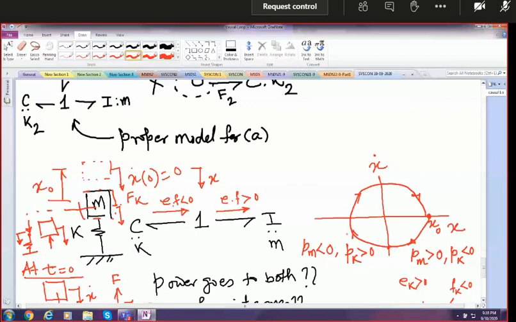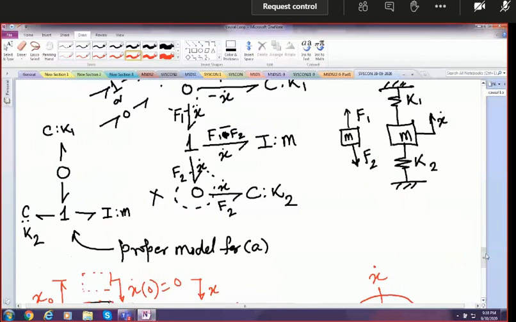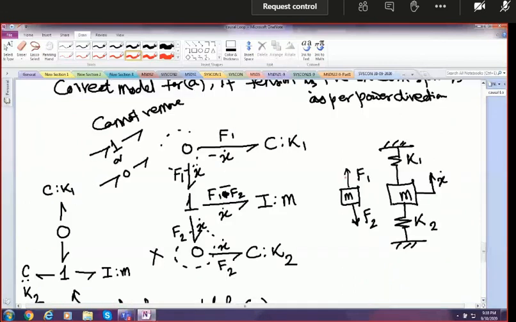Alright. So these efforts and flows continually change during dynamics. Right? You cannot say that they are always positive or negative. So likewise here, this is as per our convention, F1 and F2. If tension is taken to be positive, this is how we will represent our forces. Okay. So the initial potential energy which we are given gets stored and oscillates between C2I and I2C in alternate quadrants. Or power alternates. It will never happen that power is going to both I and C or coming from both I and C.